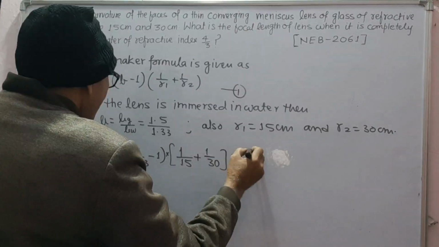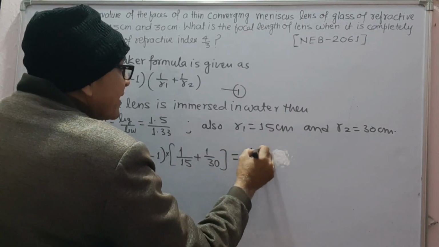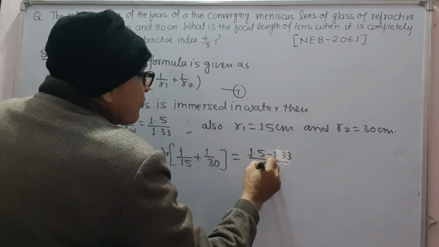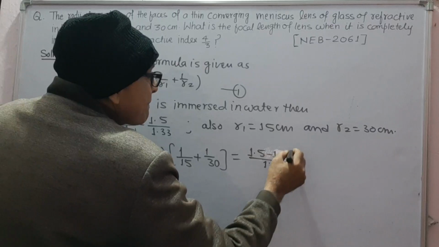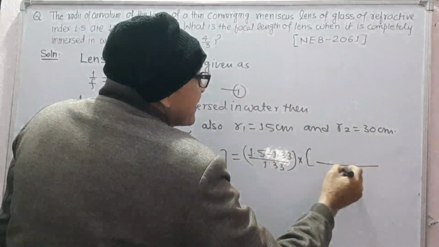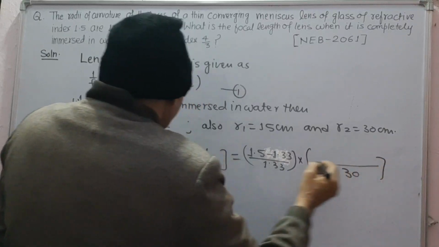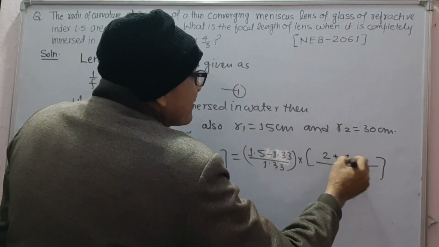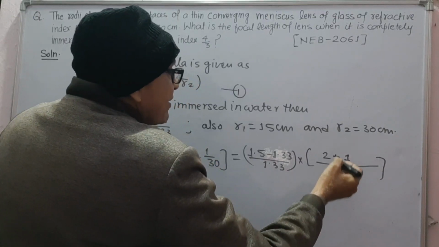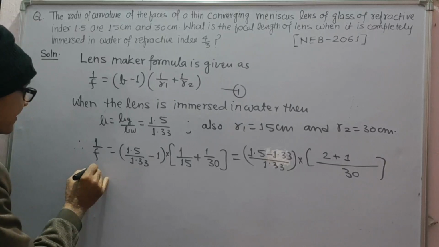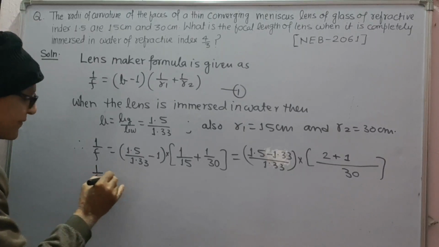This gives 1.5 minus 1.33 upon 1.33 into, 30 is LCM, 2 plus 1 means 3 upon 30, which gives 1 upon F as